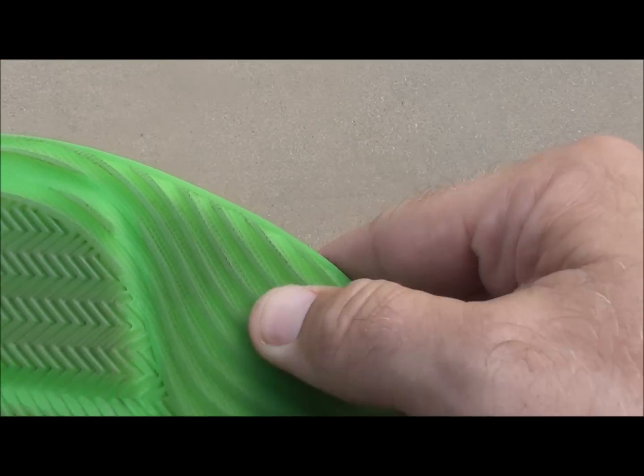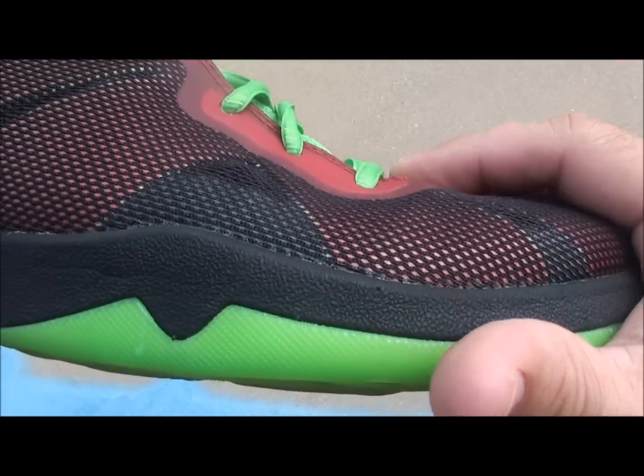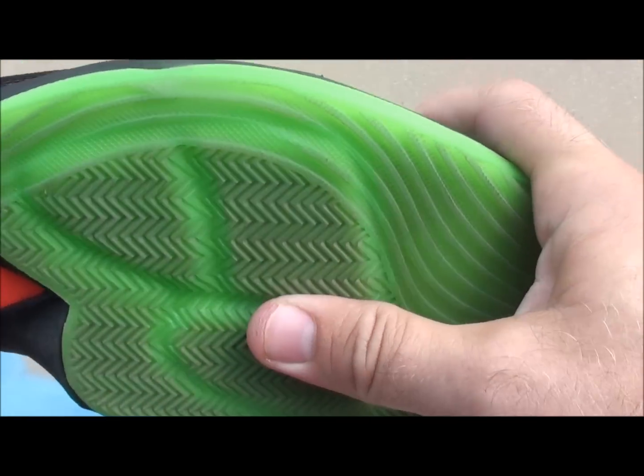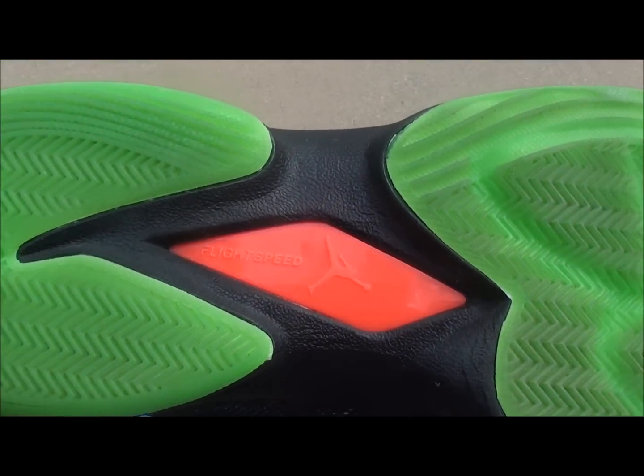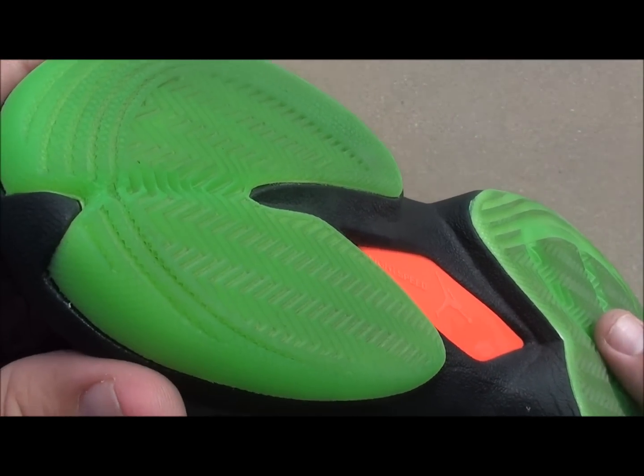this wave pattern on the toes here, and then having the zoom separated. It allows the outsole to really kind of flex and dig in when you're running. And I do like this split here in the heel. It's very similar kind of to what we saw with the,